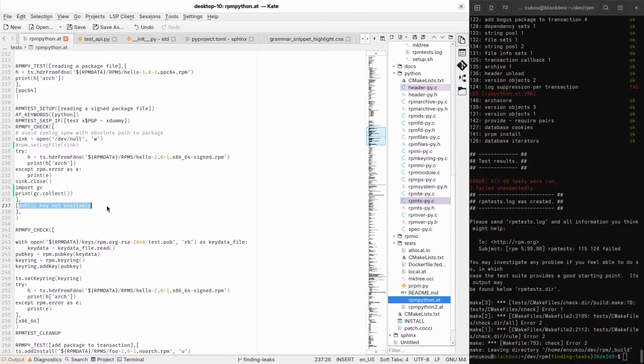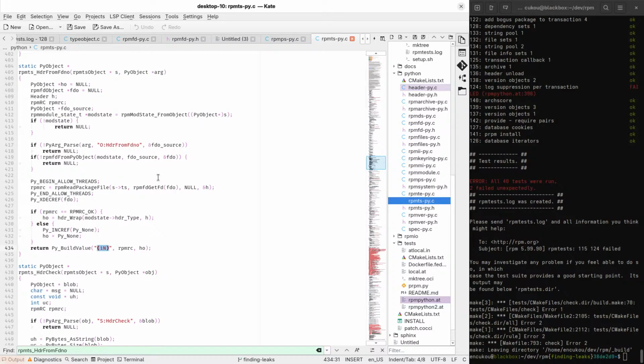Huh. So this print is not supposed to do anything. Right. Oh, so yeah. We're not getting an error, we're getting public key not available. Ah, it is an error path.